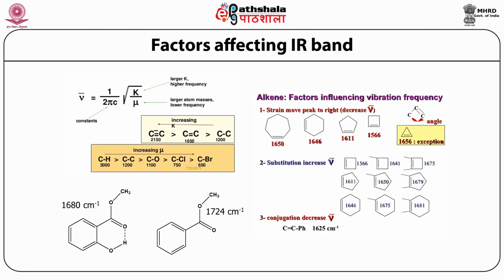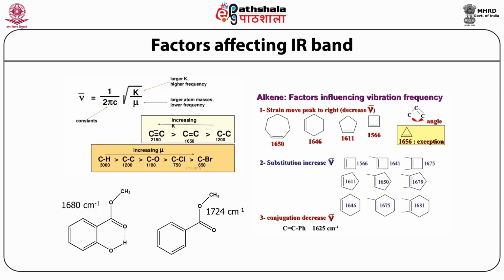So this relation you have to remember: if the mass is low, the frequency is high. The larger the k, the higher the frequency. You can see in the first case the carbon-carbon triple bond, carbon-carbon double bond, and carbon-carbon single bond. As the k value increases for the triple bond, the frequency increases from single bond to triple bond. In the other case, you can see that as you increase mu, that is the mass,